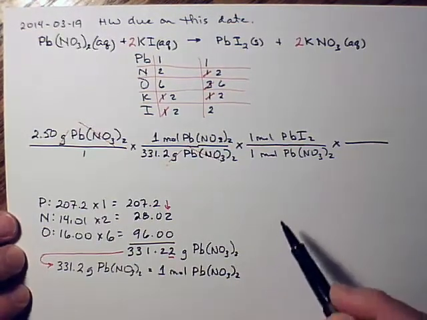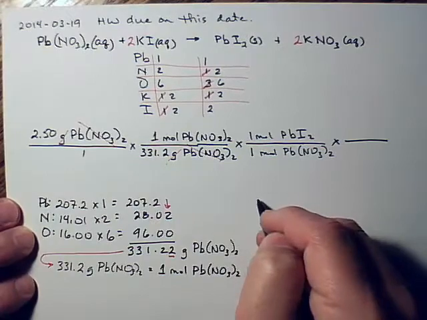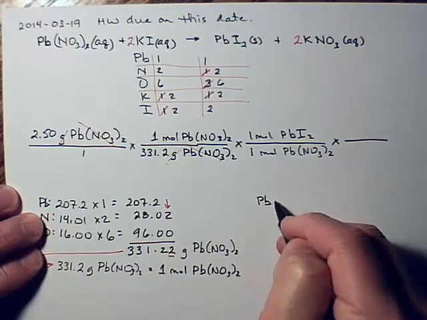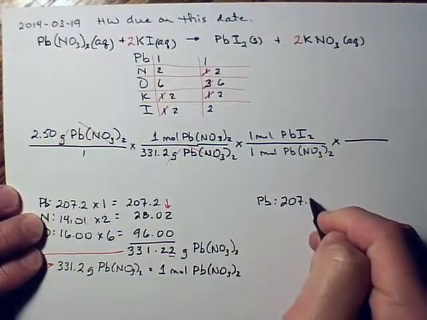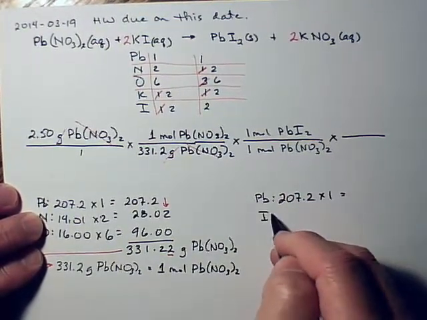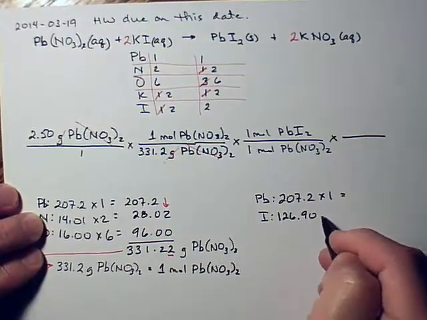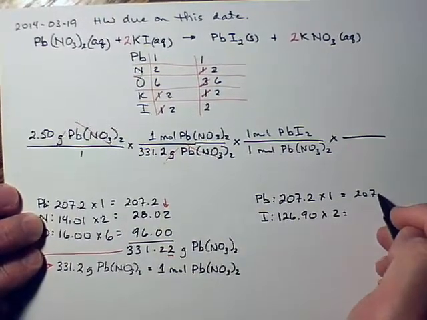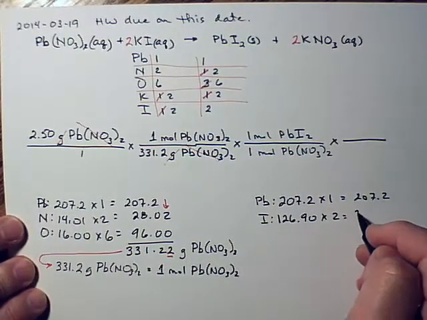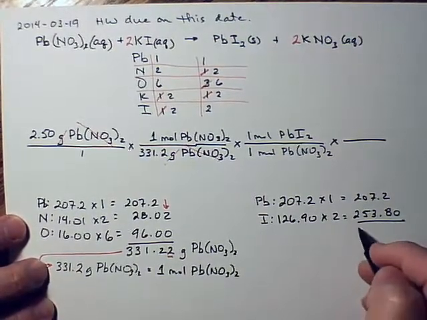So we've got to have another molar mass calculation for lead-2 iodide. I don't know why I didn't put a B after that P over there. I will do it here, PbI2. In the formula, I have 1 lead and 2 iodides. The atomic mass of iodine is 126.90, lead is 207.2, and 126.90 times 2 is 253.80. Add those together, you get